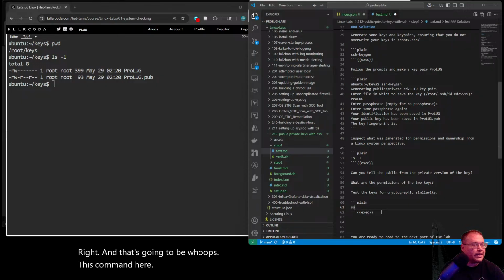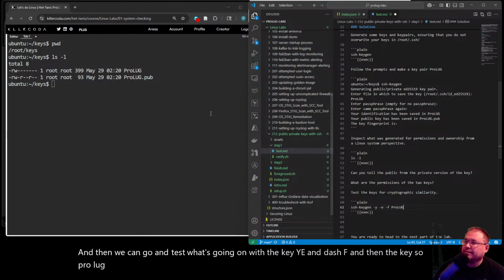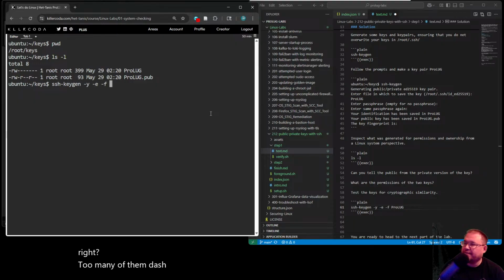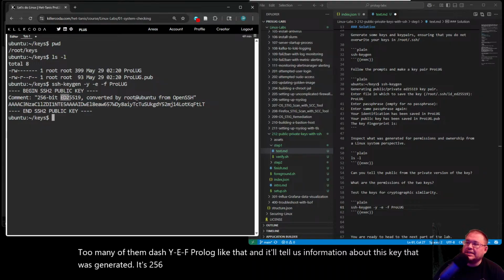We're going to say ssh-keygen -y -e -f and then the key, prolog. That'll tell us information about this key that was generated. It's 256-bit, ED25519, as opposed to RSA.